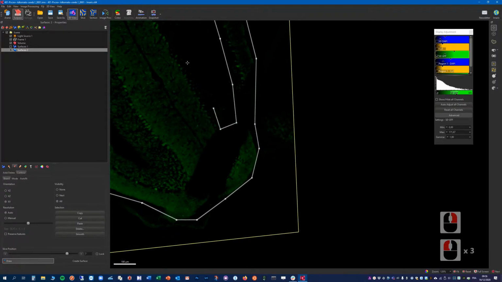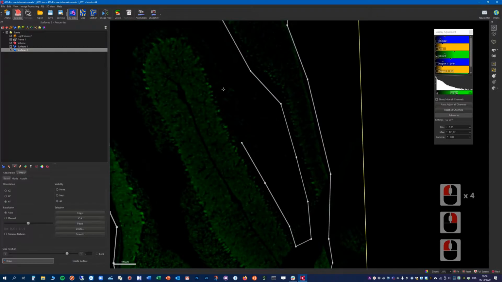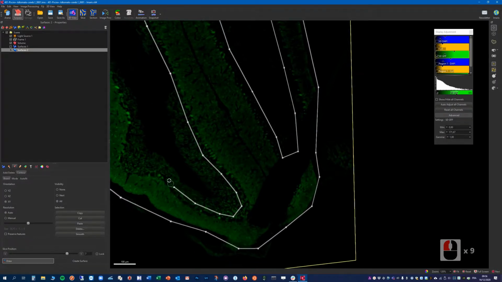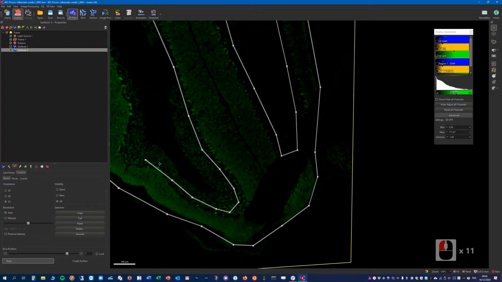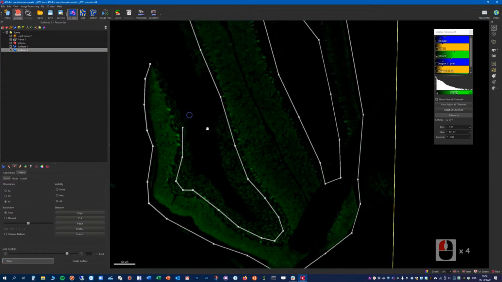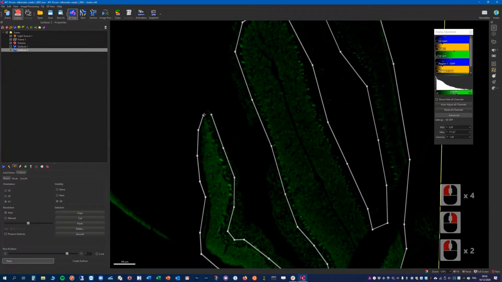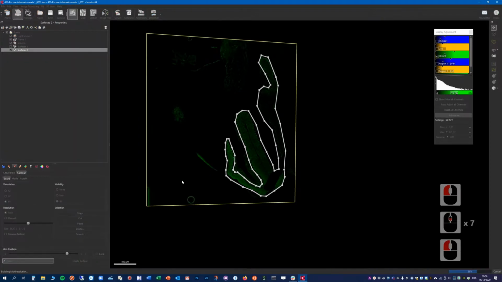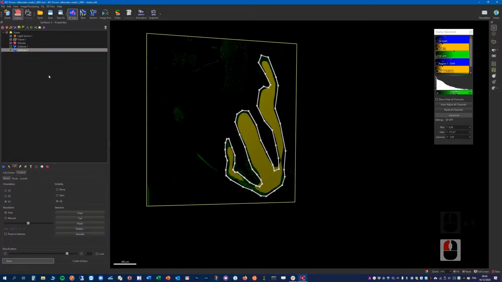I don't want to spend too much time defining this region, but if you want to do this analysis work properly, you might want to be a bit more precise than what I'm currently doing. Okay. Then we can create the surface here,